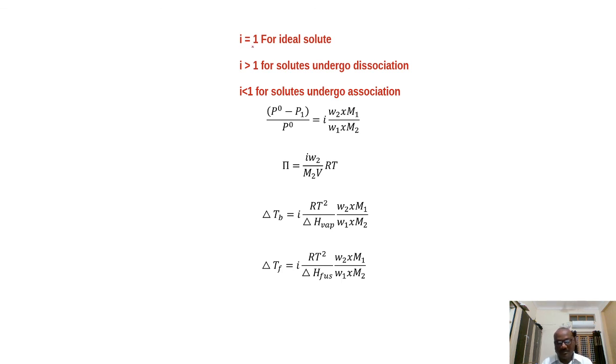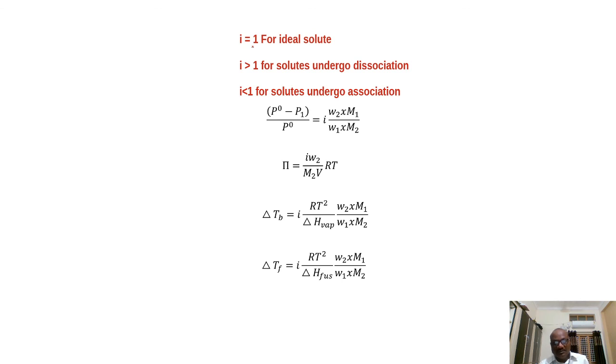because there we cannot talk about the abnormal molar mass. The type of molar masses are not observed. We can calculate the exact molar masses or determine exact molar masses from colligative property. The type of solutes are called ideal solutes. In case of those ideal solutes, the i factor is equal to 1.